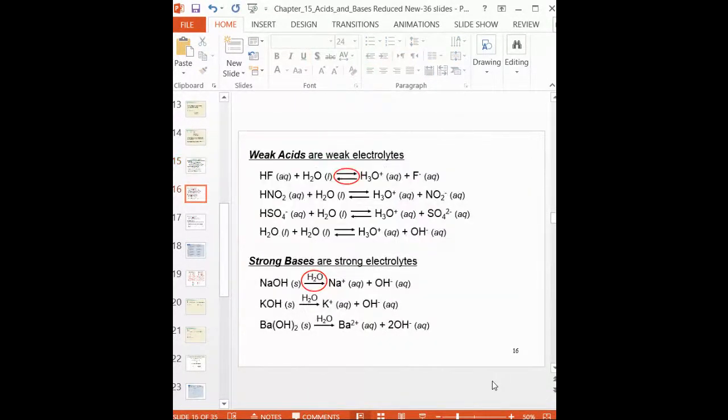No equilibrium is set up here. Look at the weak acid. The double arrow indicates equilibrium. It means that these ions, the cation and anion, are very strong, so they react together and give the reactants again, HF and H2O. So this is always the case for weak acids. All weak acids are weak electrolytes and dissociation is very small, around 1%.